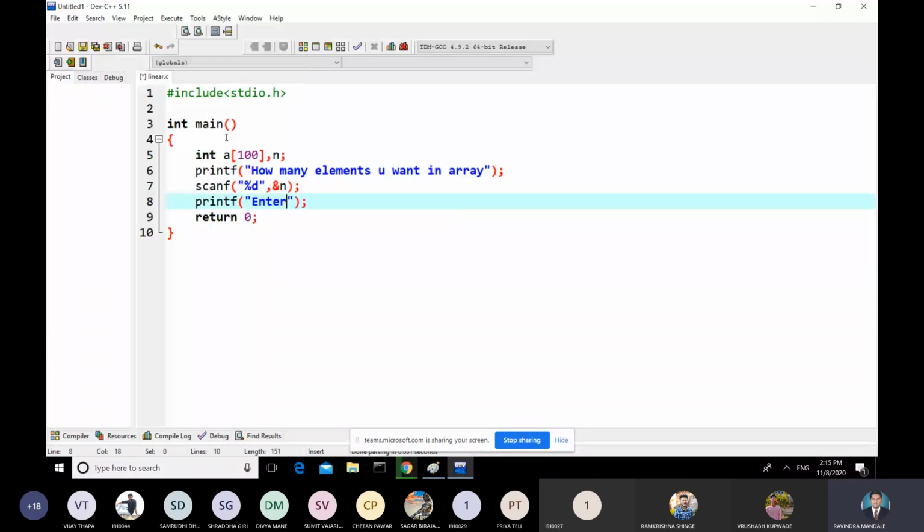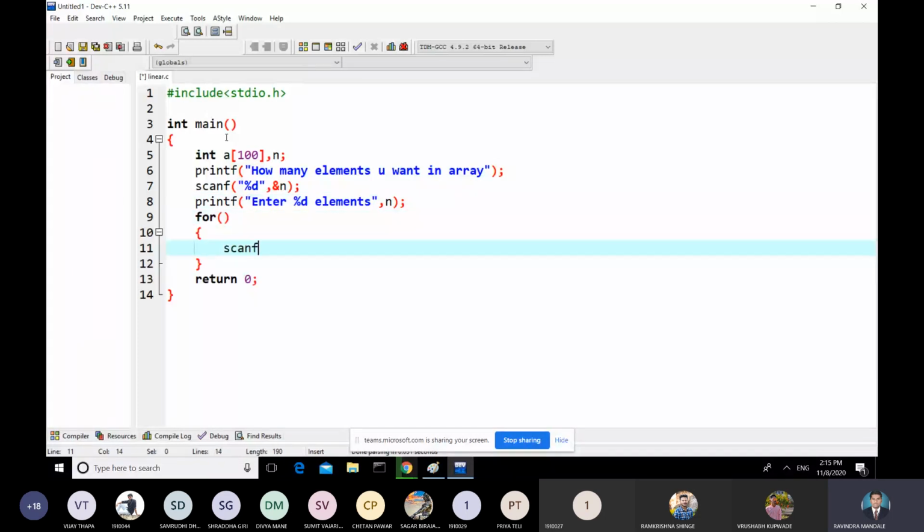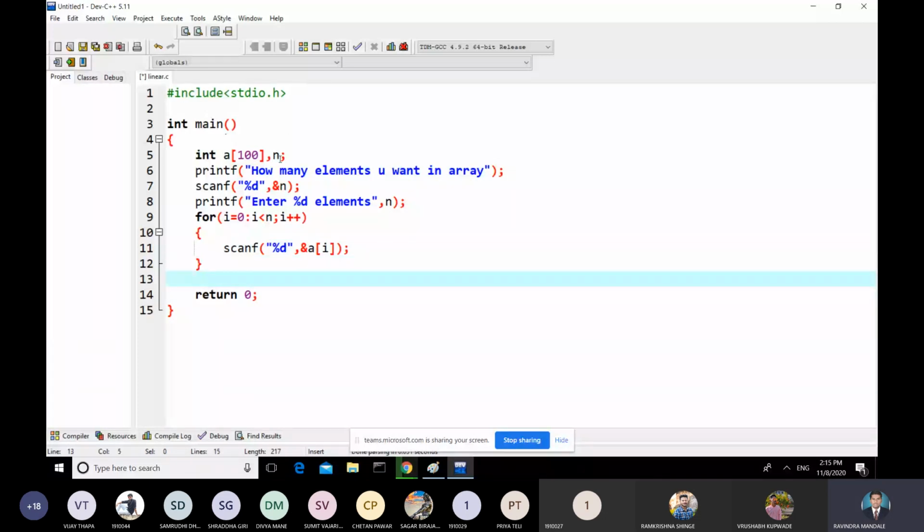And then I'm simply printing the message, enter those number of elements, comma n. Then I'm reading those elements with the help of a for loop and scanf. So i equal to 0, indexing starts with 0, i less than n, and then i plus plus. %d and a of i. So declare the i variable.